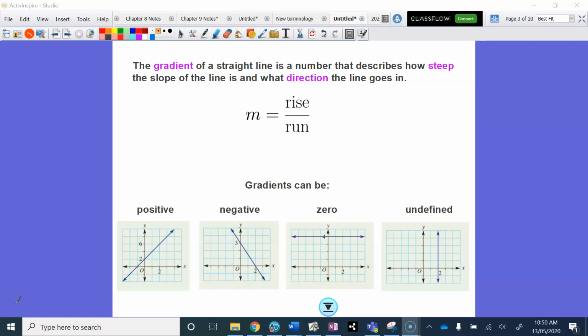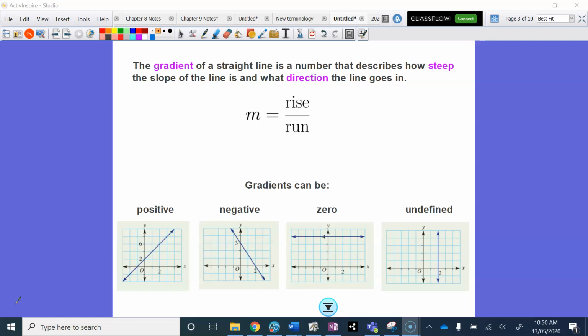The letter that we use in maths to describe a gradient or a slope of a straight line is the letter M. And you may have seen last year that the gradient is equal to the rise over the run. And the 4 different types of gradients you'll see in year 9 are positive gradients, negative gradients, zero gradients, and